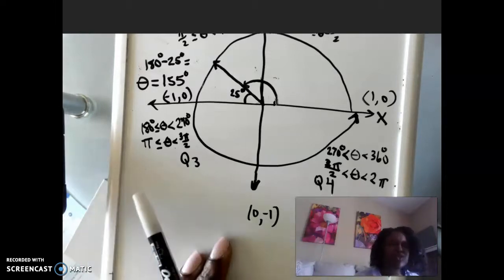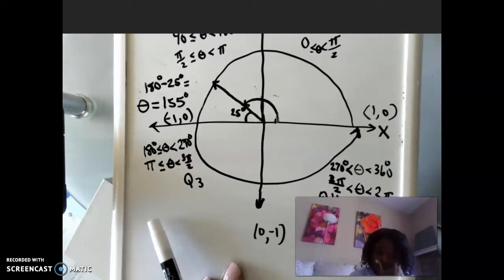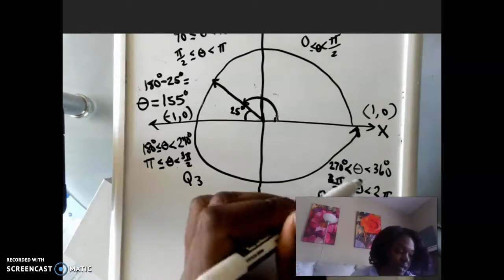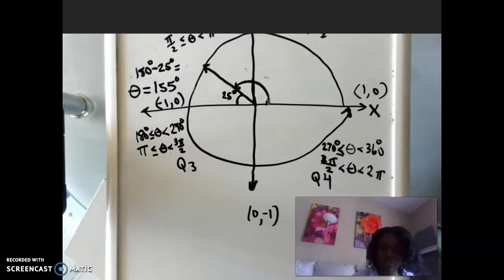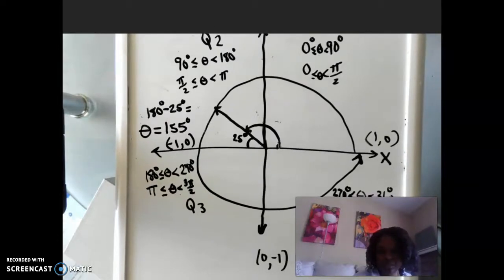So I guess we wouldn't technically consider the 270 degrees or the 180 degrees in any particular quadrant, but let's just say we're going to use 270 degrees or greater as being in that quadrant, because technically they have kind of completely separate